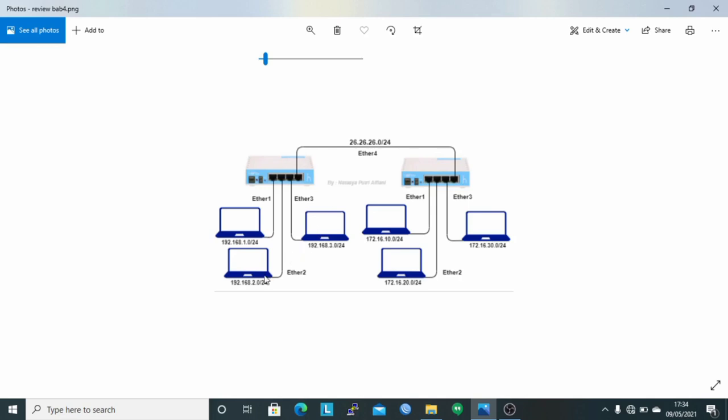Router 1 and router 2 are each connected to 3 clients using the interfaces Ether 1, Ether 2, and Ether 3.